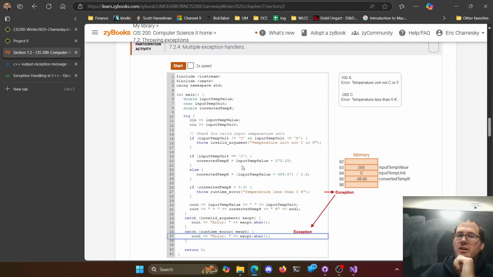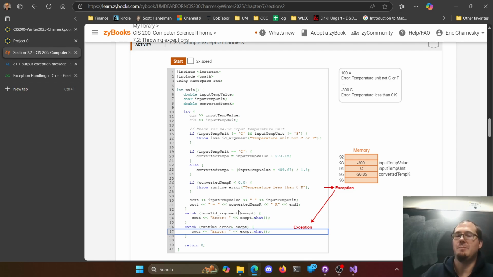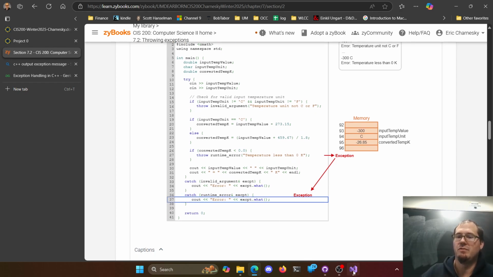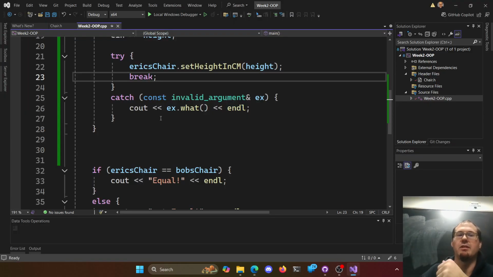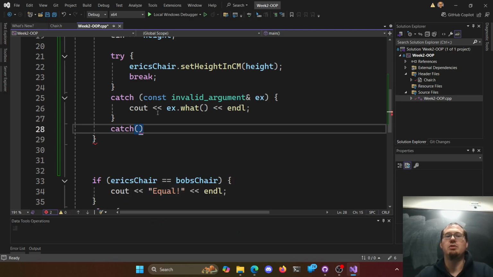The other thing we can do, because there are more kinds of exceptions, is you can have more than one catch block. So the first one we caught was our invalid argument. Then we could also catch these runtime errors here. So you can have more than one catch. You can go from most specific to least specific, because you can have this hierarchy of exceptions. But for ours, we'll do our runtime error,